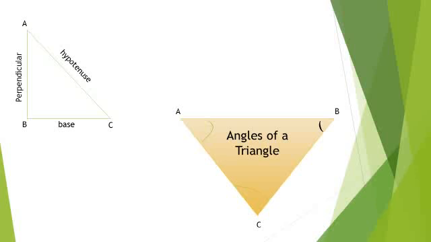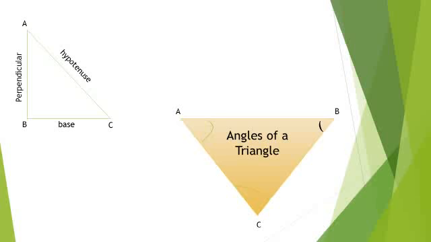The length of all these sides may be different or may be same, but the sum of the lengths of any two sides of a triangle is always greater than the length of the third side. Triangles are also classified into different categories on the basis of length of sides. We will discuss these types one by one. On the other hand, if we talk about angles of a triangle, here are also 3 angles which are named as angle A, angle B and angle C. You must remember that the sum of all 3 angles in a triangle must be equal to 180 degree.